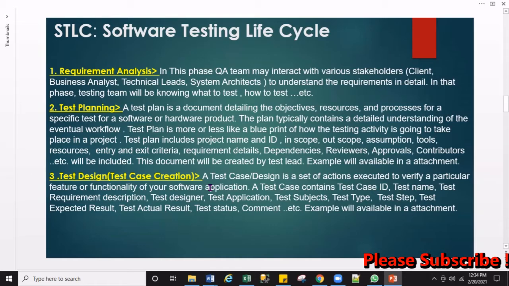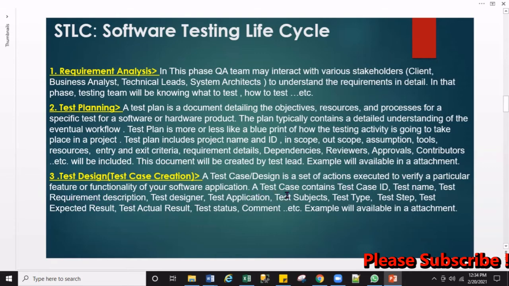All right. So what is a test case? What does test case creation mean? Let's understand. A test case, a test design, is a set of actions executed to verify a particular feature or functionality of your software application.